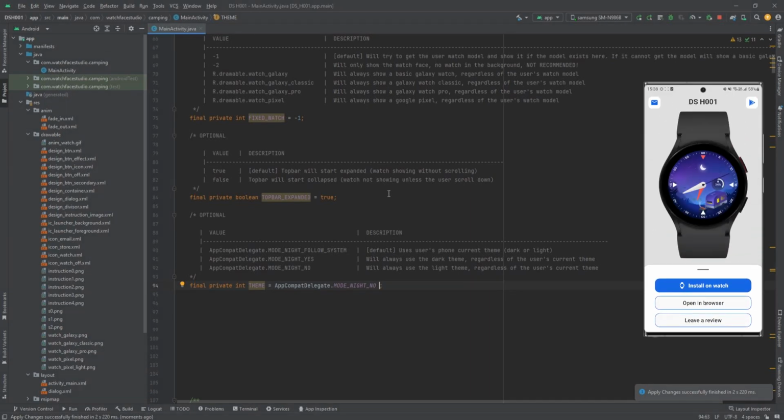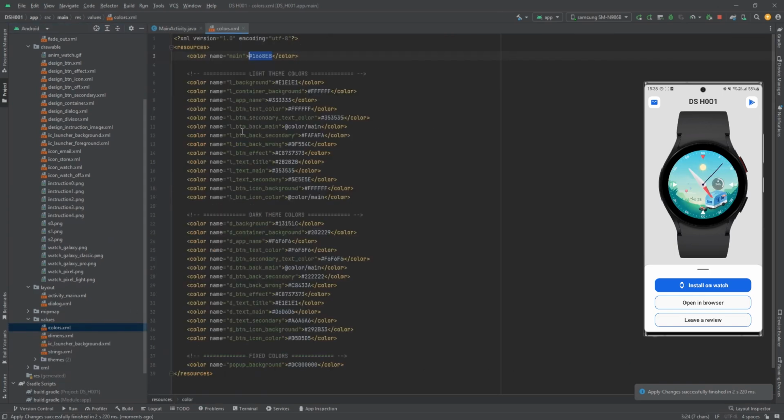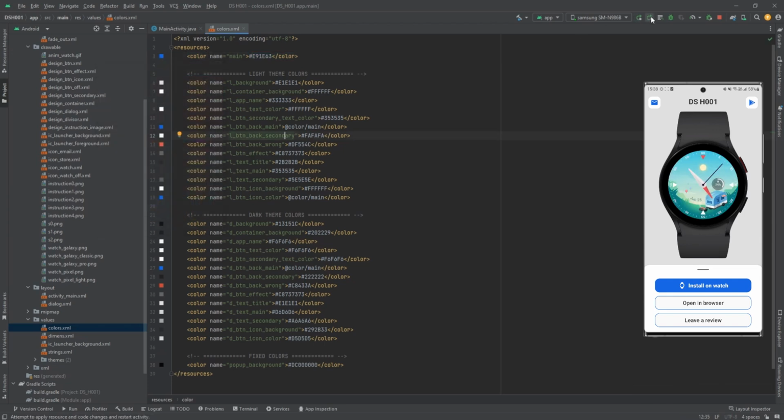The fourth customization is the main color. Go to Values, then color.xml, and change the hex value for the main color tag. Just remember to check the color contrast on both theme colors in case it is set to automatic. Also, don't forget to change the icon color. This tag has no effect on the icon.